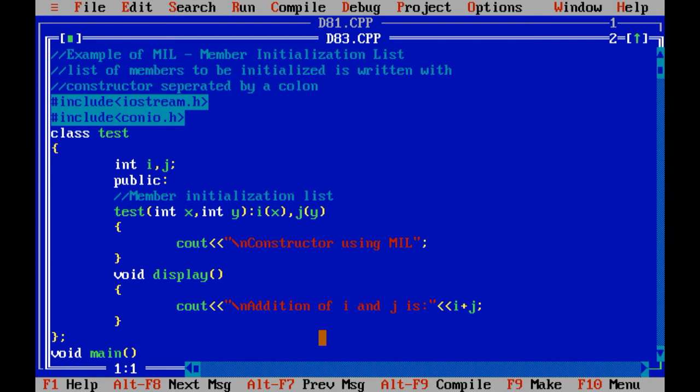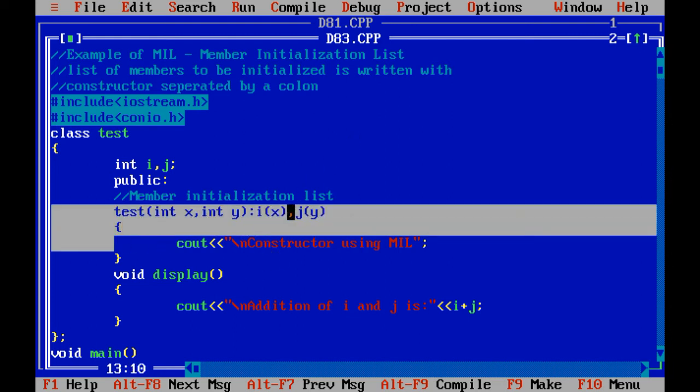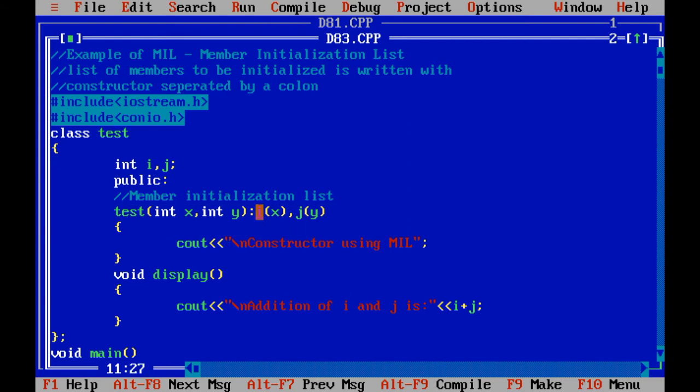In such cases, let us understand the code. Whatever program we have written in D82, that means our previous program, that program I have saved over here. Then what we perform is we use two values using the member initialization list. In such cases, you just need to declare two variables using integer. Then in the argument list, you need to take two integers. By using a colon sign, you can separate the member initialization list, and in this way, using a comma, you can separate the values of two variables.